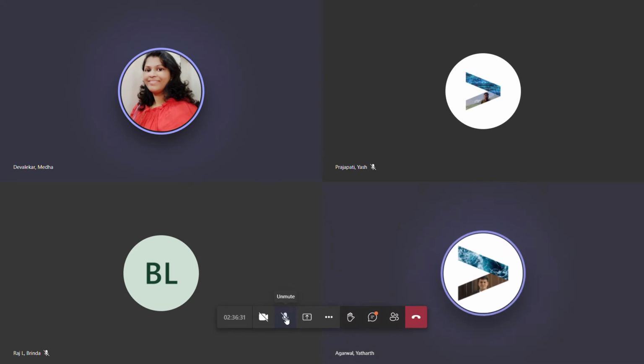It will give you a Source box below. There you can write your list options, and use a comma to add multiple values. So yes, comma, no, and it will give you a drop down list of two values, yes and no. For a country, we can add India, comma, America, comma, Australia, like that. Then it will give you a drop down list of those countries. Yeah, it's working now.